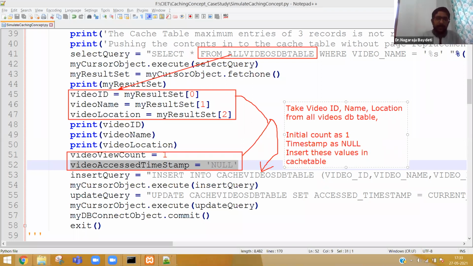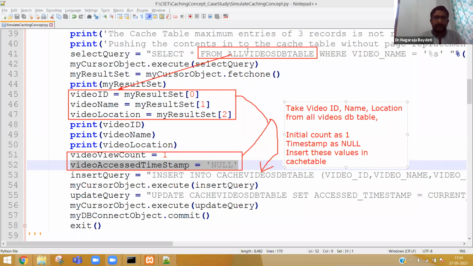Why? Because I am unable to directly insert the timestamp. To get the timestamp inside a query, there is one method. For that purpose, I am not inserting the timestamp at first, in line number 53.